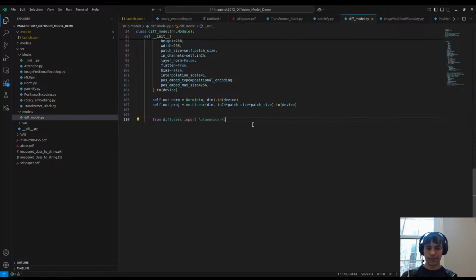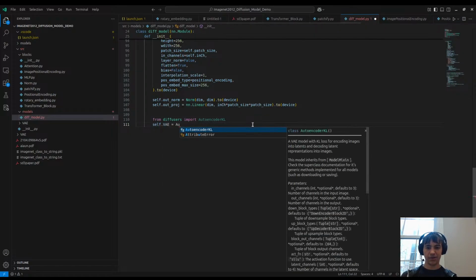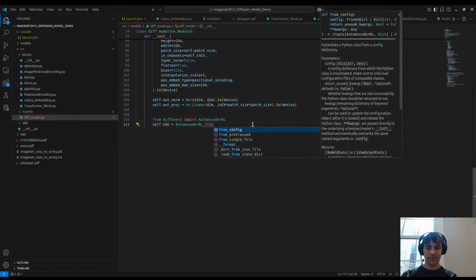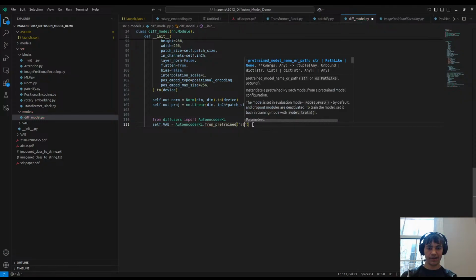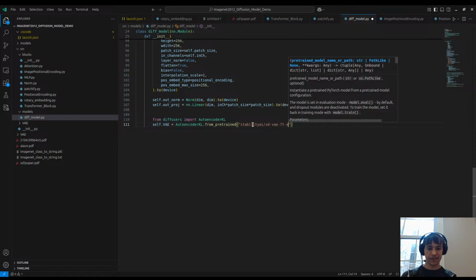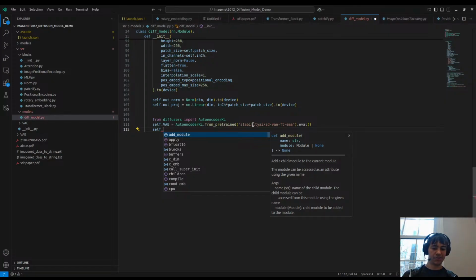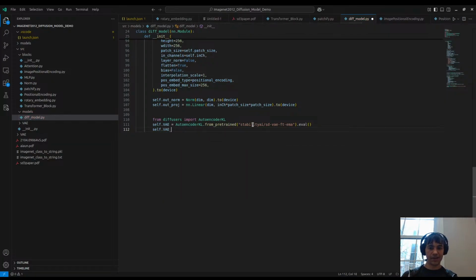AutoencoderKL. self.vae is equal to this AutoencoderKL.from_pretrained, and this is stabilityai sd-vae-ft-ema. So this is just the one I use. .eval. The downsample factor in here is 8. So we have a VAE downsample factor